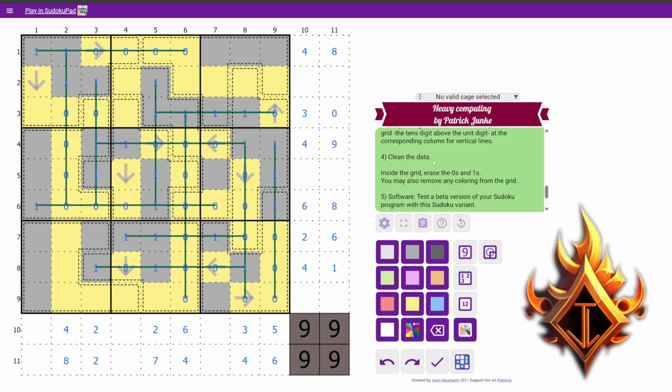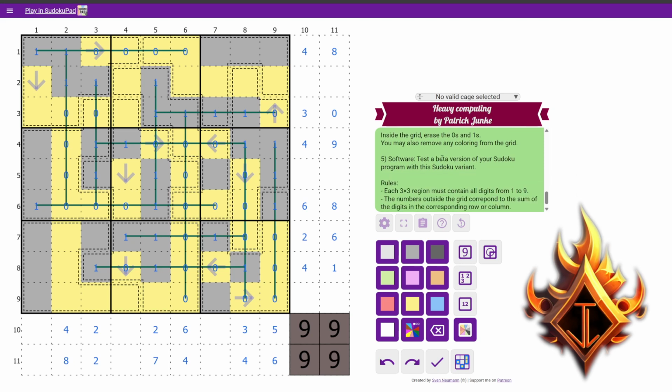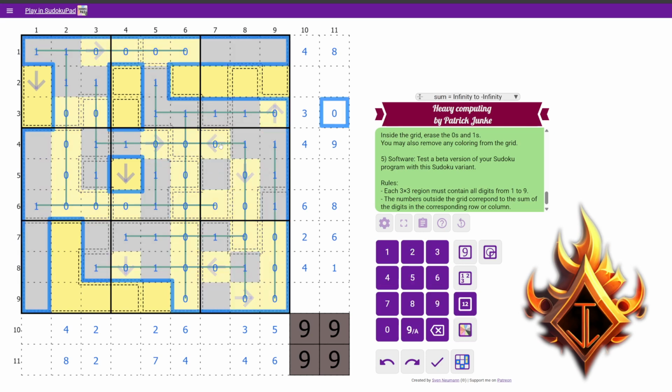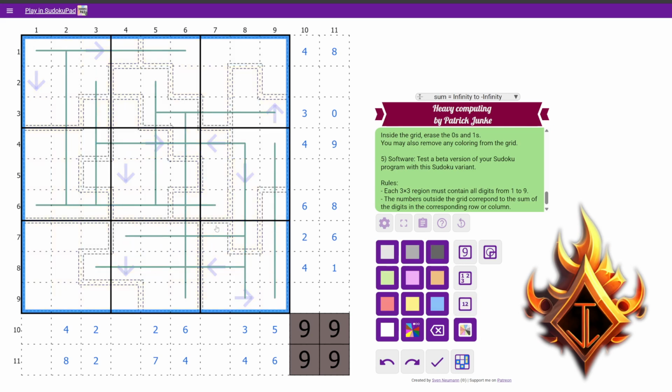Okay, now we clean the data. Inside the grid, erase the zeros and ones. You may also remove any coloring. So we quite simply select everything and delete it. And then our